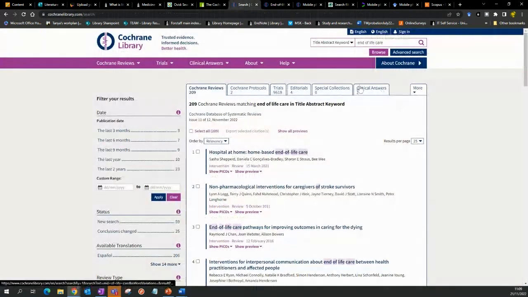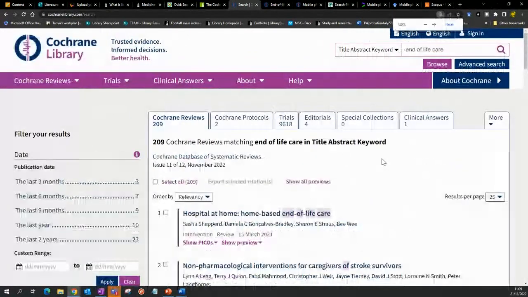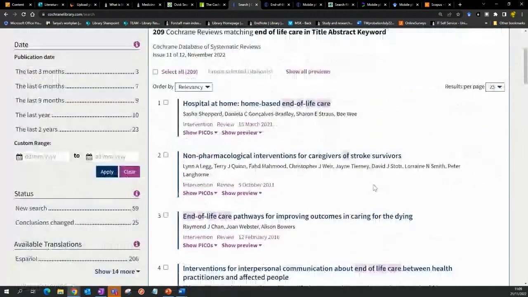Let me just open it up because I've already done the search just to save a little bit of time. So again, I'll try and zoom in a bit if that makes it easier for you to see. Okay, so I've done a quick search for end-of-life care in the Cochrane Library. Now, you don't have to put in your whole search strategy when looking for systematic reviews to find some search strategies. You may just be interested in looking at a part that you're finding particularly difficult to define in your search strategy. So you can just pop in some brief keywords into the search,